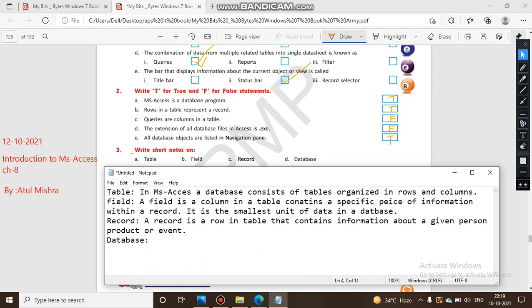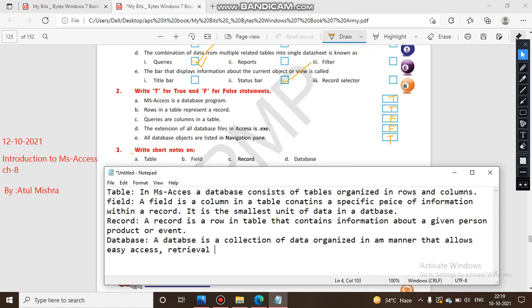So write about database that a database is a collection of data organized in a manner that allows easy access, retrieval and use of the data.